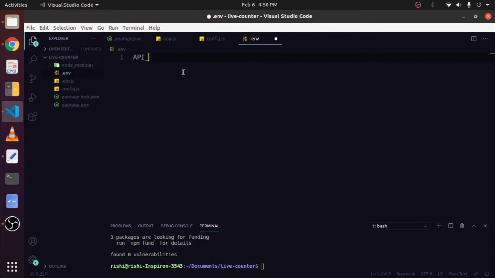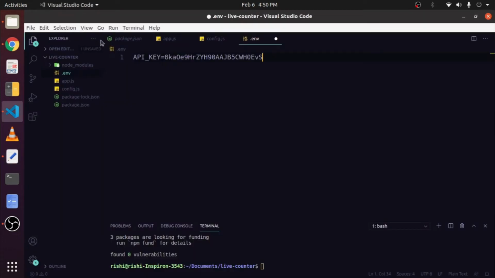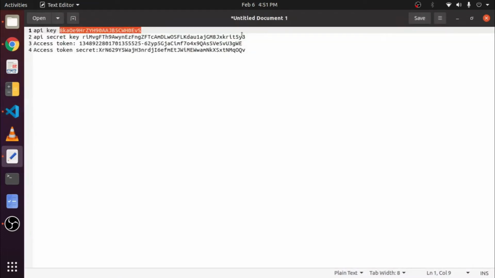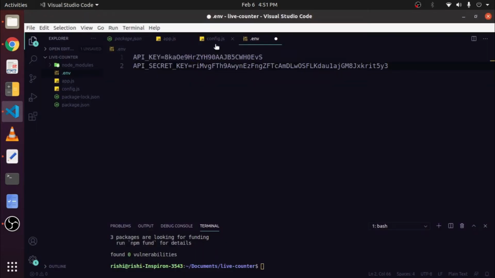So first create a key called API key and then copy the value from here and paste it. And the second key is API secret key, and copy your value and paste it over here.